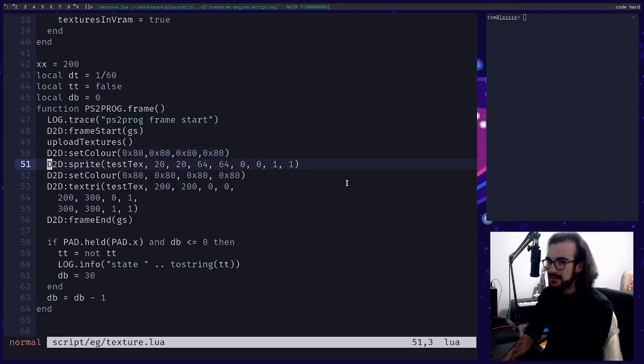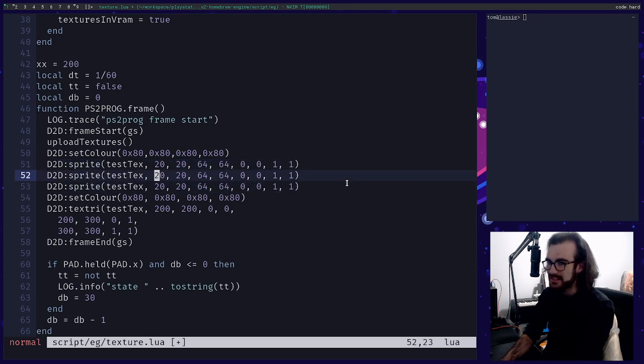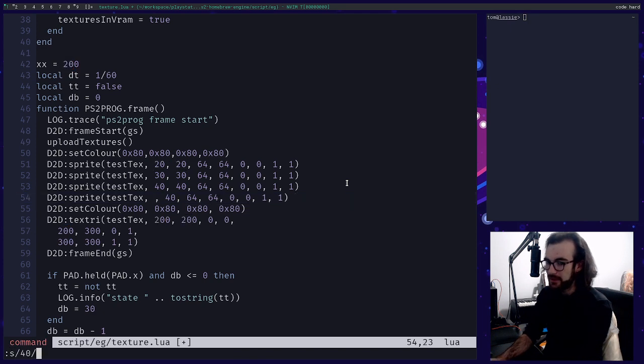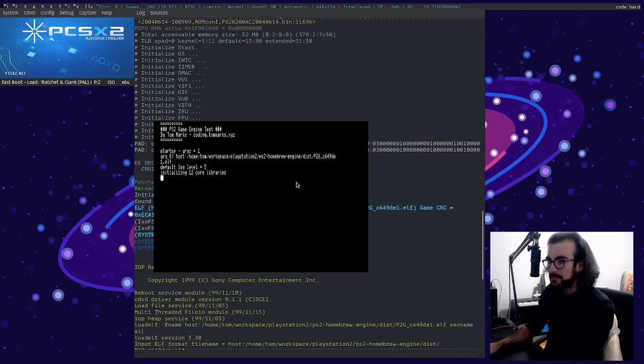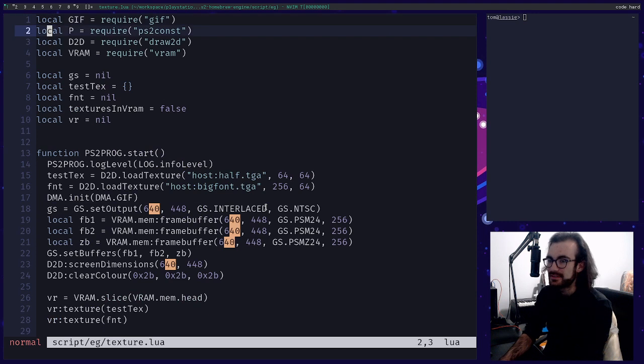Now, I could either do this with a for loop, or I could just dumb copy and paste it. Let's just dumb copy and paste it for now. So let's replace 20 with 30 on the line. Let's replace 20 with 40 on the line. Let's do one more. Let's replace 40 with 50 on the line. And then we'll run. Cool. And that looks like opacity is being correctly applied, which is good. That's very good news. That's awesome news. I don't know how it took this long to happen.